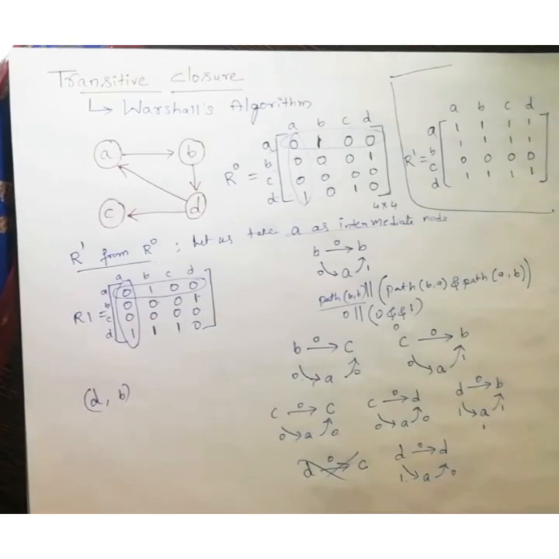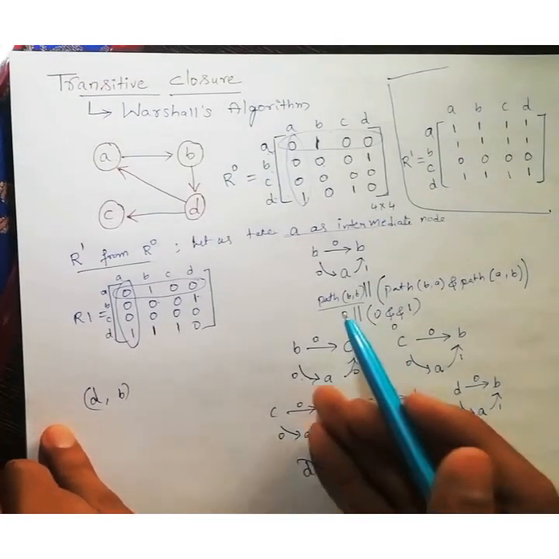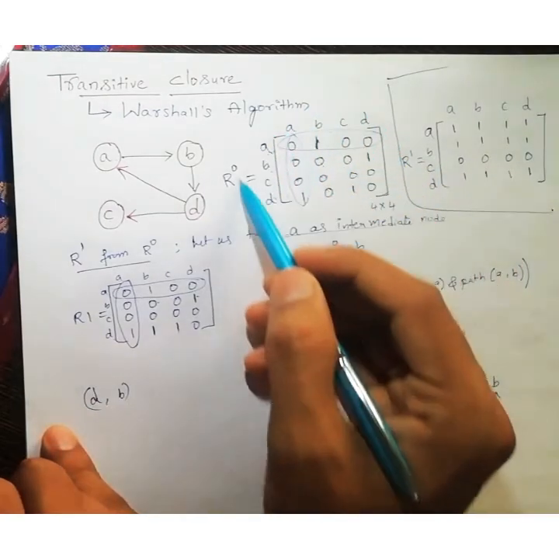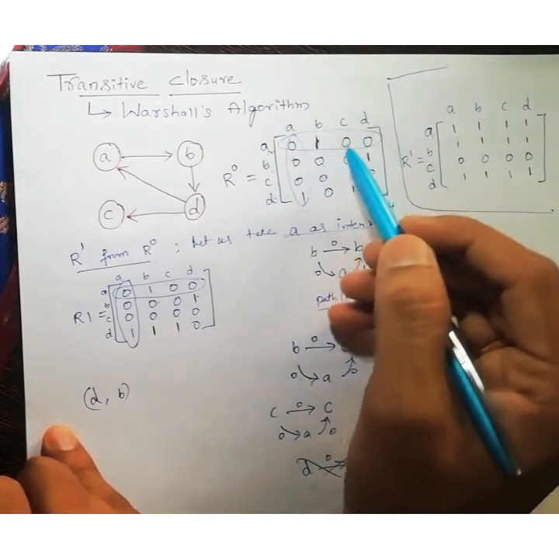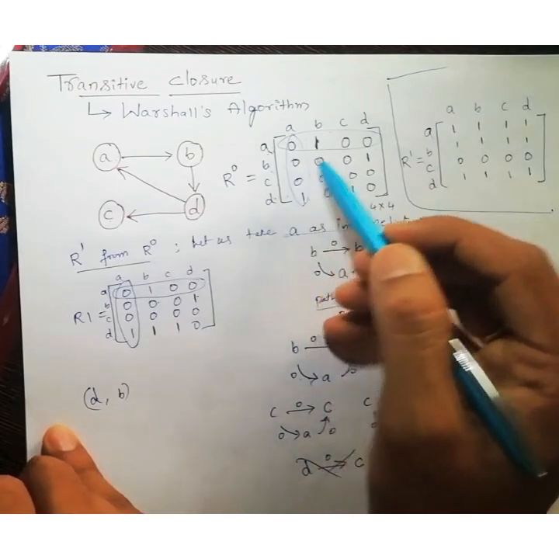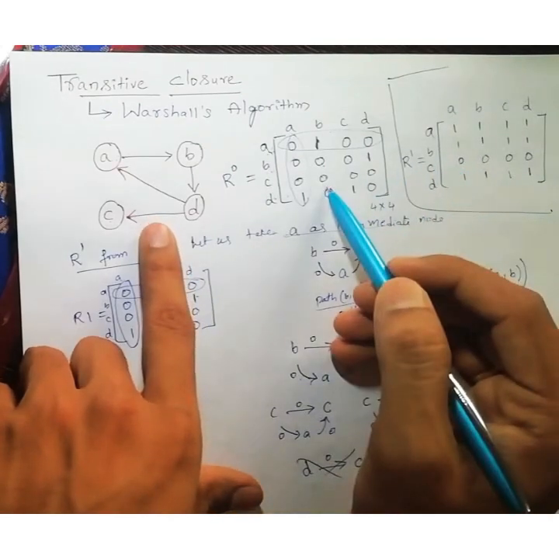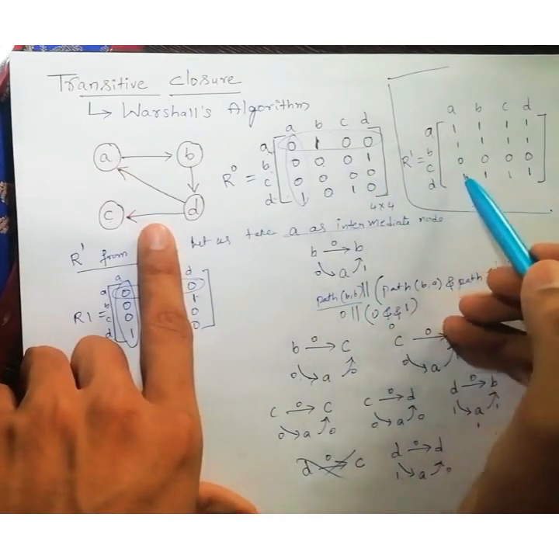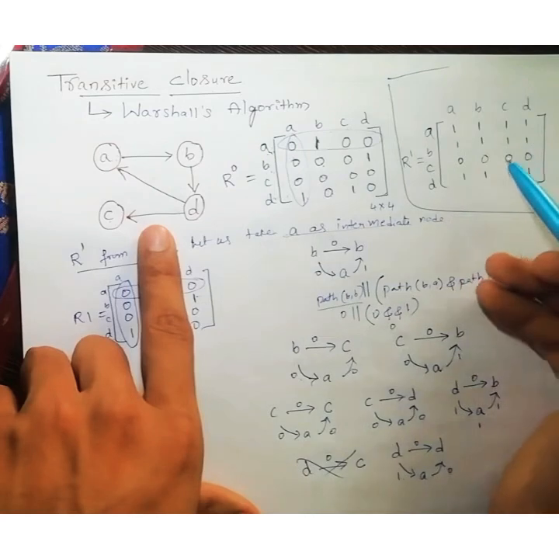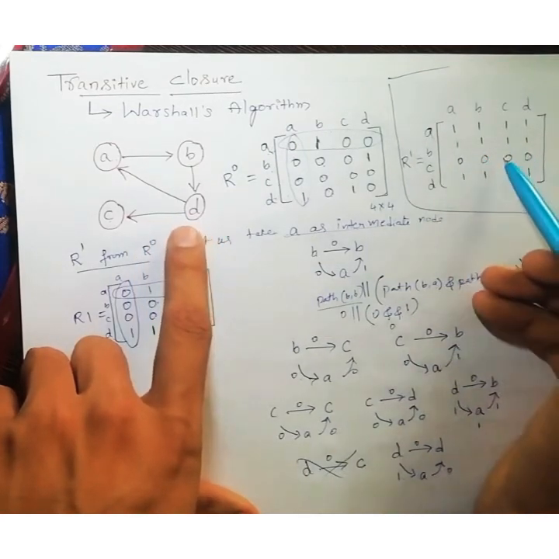That is Warshall's algorithm. What we are doing here, we are finding all possible paths. So just by writing adjacency matrix, that is only for directed edges, and we are writing transitive closure for the given graph or for the given adjacency matrix. So that means for all possible paths, okay, either it may be direct edges or indirect edges.